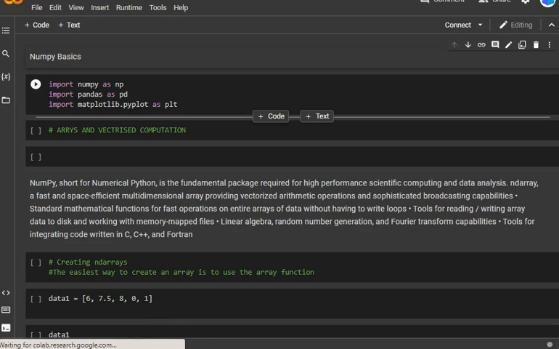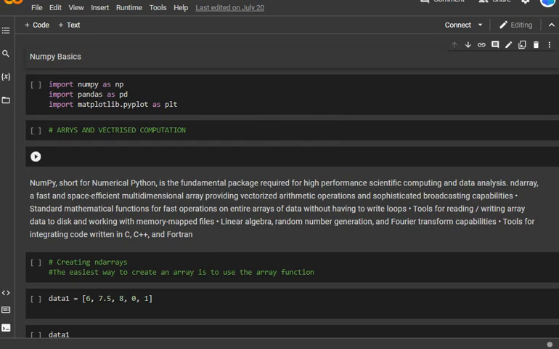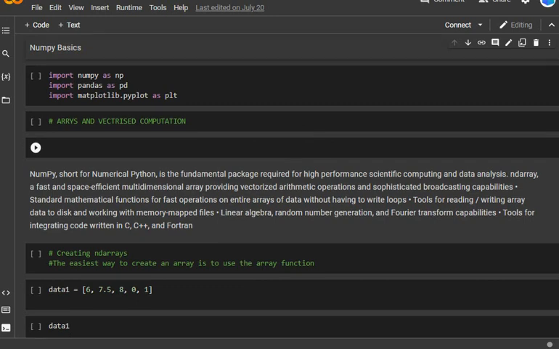I am going to Google Colab, and you should also do this. Look here at NumPy. I have imported it this way: import numpy as np, and import pandas as pd because we are using a lot of data. If I need to plot something, we need matplotlib.pyplot as plt. These are the three most important libraries. We have discussed arrays and vectorized computations.